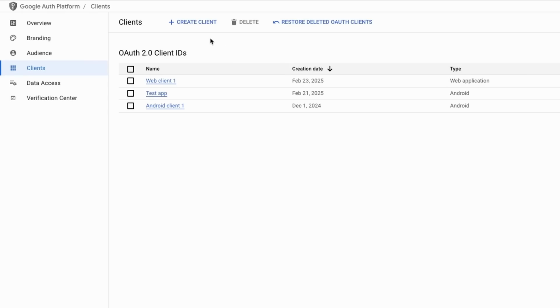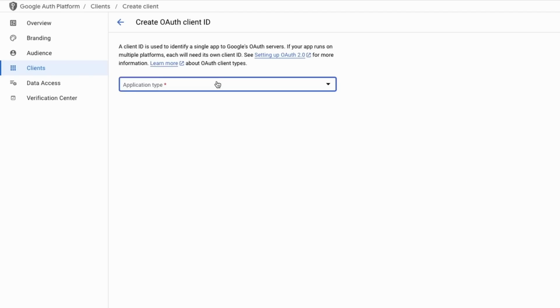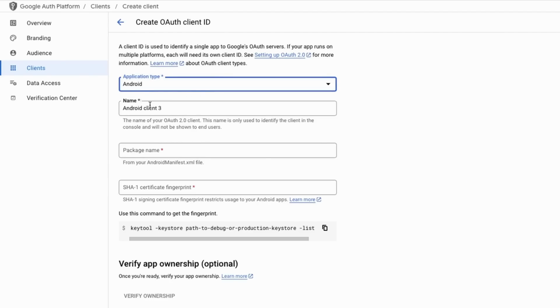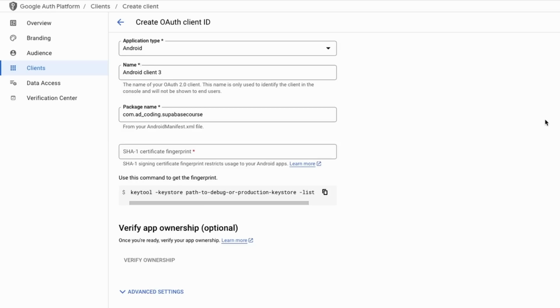Now we need to also create another client, and this is an Android application. You need to paste the package name, and you can find it in the build.gradle.kts from the app module and paste it here. Now we need to get the SHA1 certificate fingerprint, and to do that we need to go